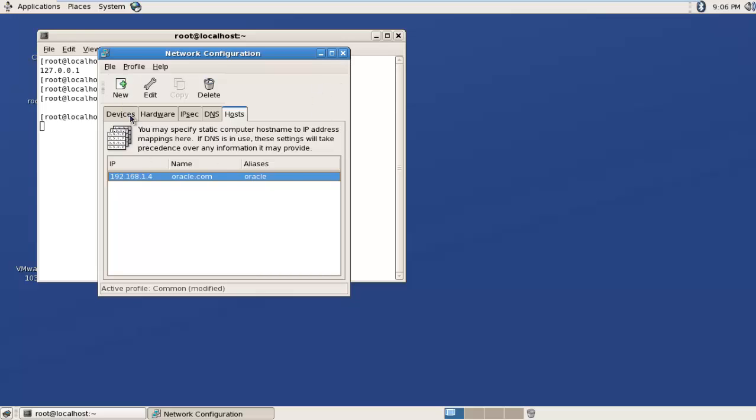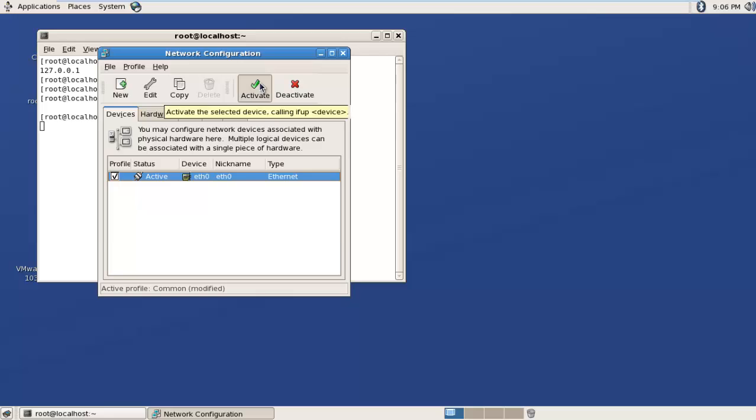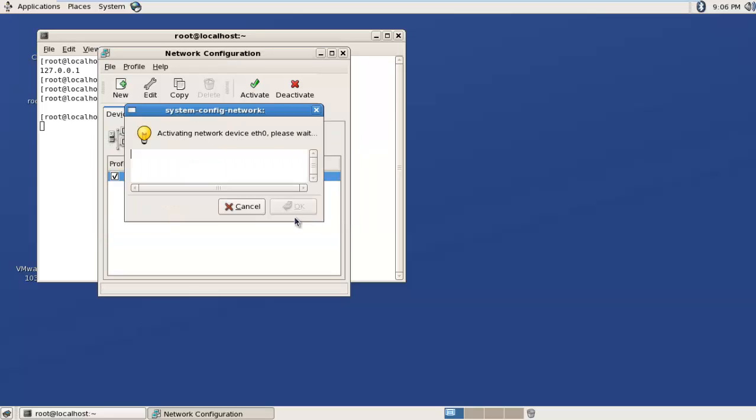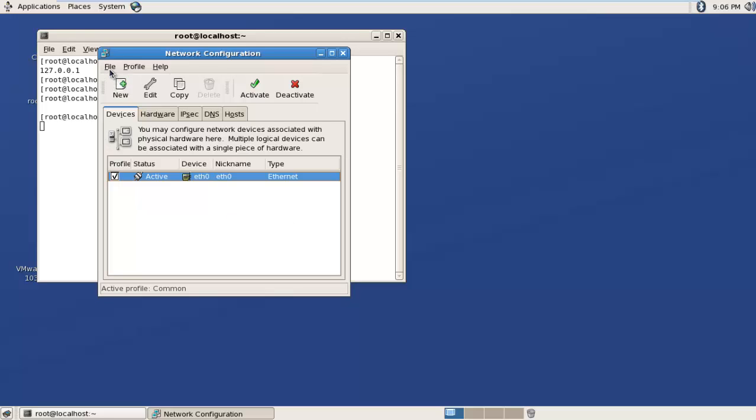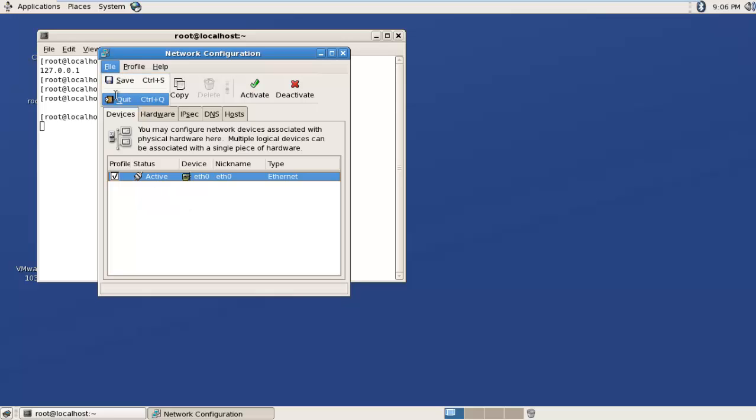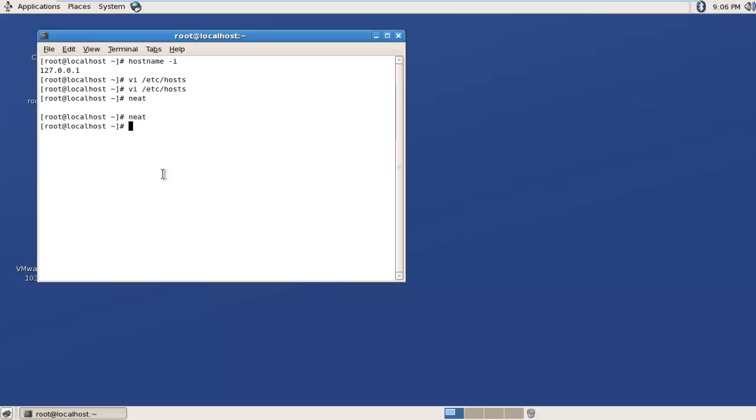Okay, so once you're done here, go to device and click on activate. Click on yes, then click on OK. This will check your IP address. Then click on file, save, click on OK, and then click on file, quit. Now this needs to be applied at the port interface level. For that you have to give the command service network restart. This will restart all the services on the Ethernet interfaces and set the IP address which we gave, that is